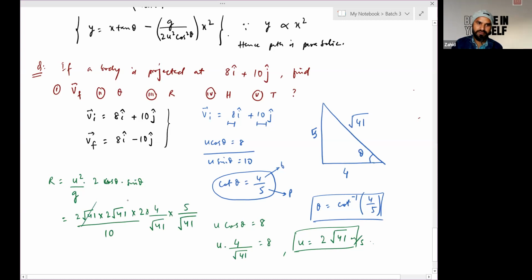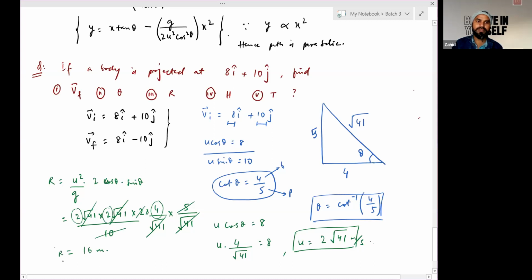The root 41 will cancel out, and 2 into 5 is 10, so it will cancel out with this part. So you will be left with 2, 2, and 4. So it will be 16 meter